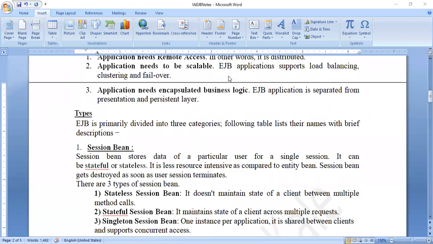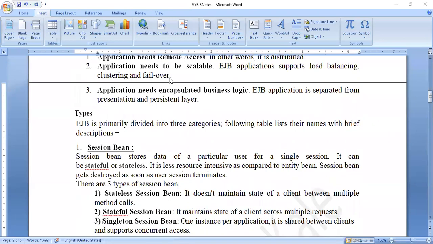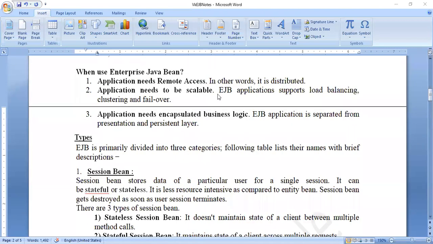Suppose sometimes in the application we require increasing the load. In that case, we can make use of this, or it will have clustering. In the networking chapter, I was also telling you that one IP address or one particular web host name can be related to multiple machines. Nowadays in data mining, there is one concept where servers store their information in multiple machines. So whenever any information is asked, this kind of technique is called clustering.